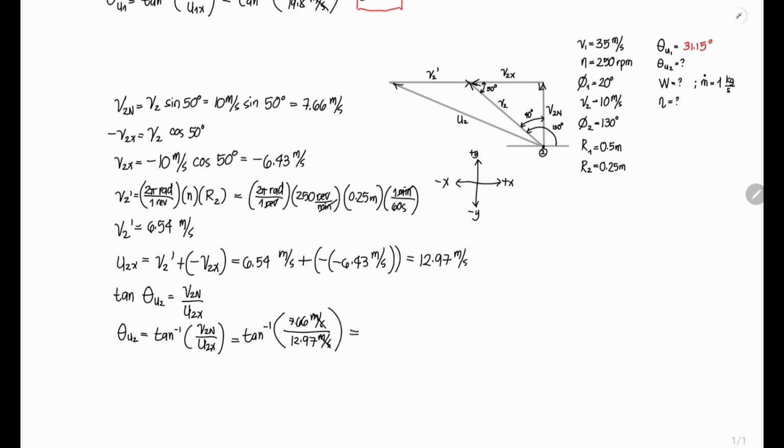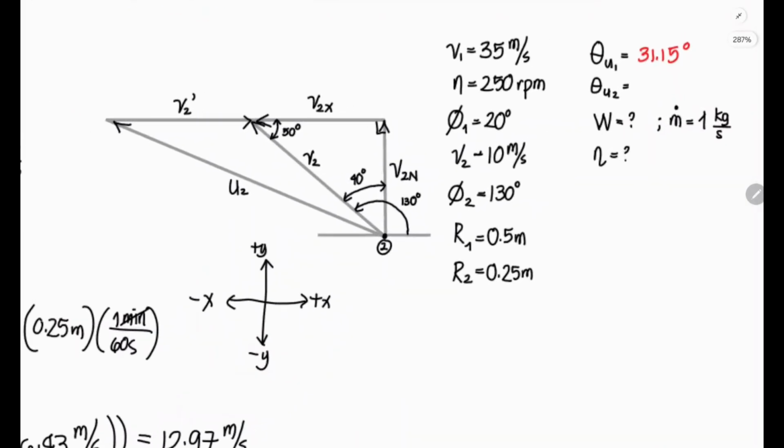Magkakancel yung mga units na to, matitira ay degrees. That is 30.57 degrees. So we now have an answer for the vane angle at the outlet. Supply na natin siya dito sa ating table. So that is 30.57